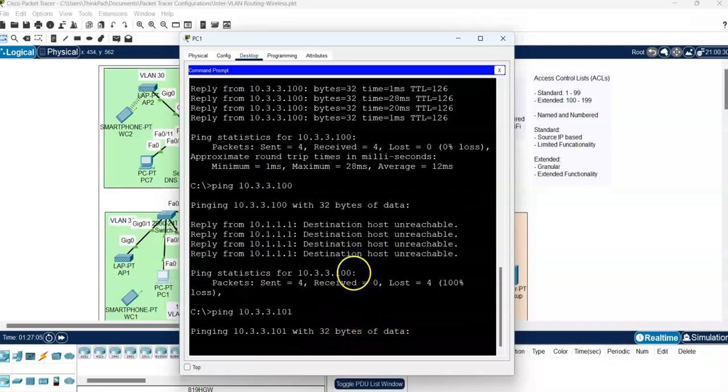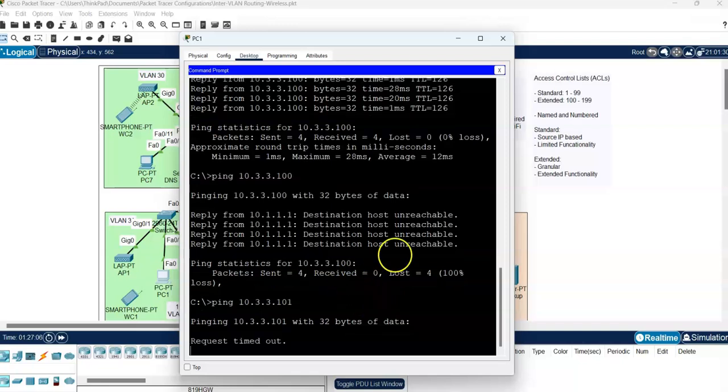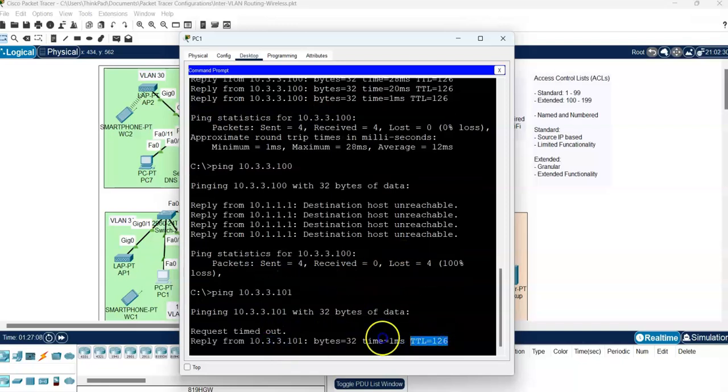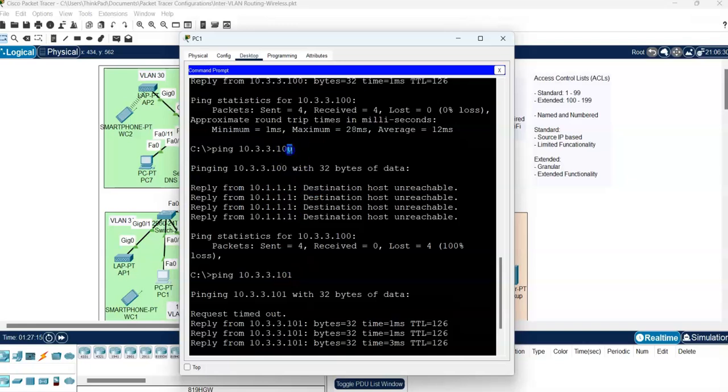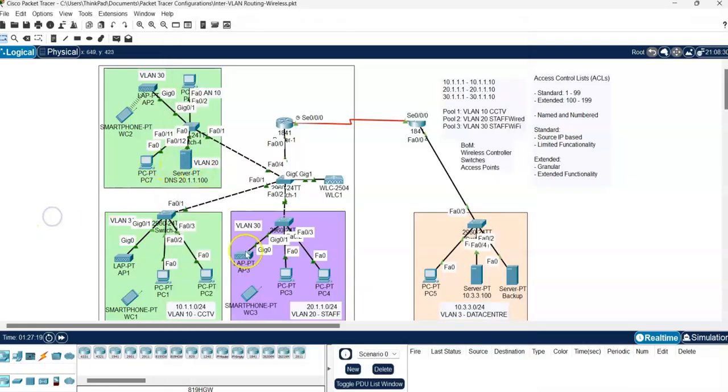First time it's looking for, and that couldn't find. The second time it's pinging. 101 is not the destination that we blocked. 100 was the one that we blocked. This is not blocked. This was blocked and it was unreachable. So you can see from the same source going to the same subnet, for specific IPs we can block specific ports,